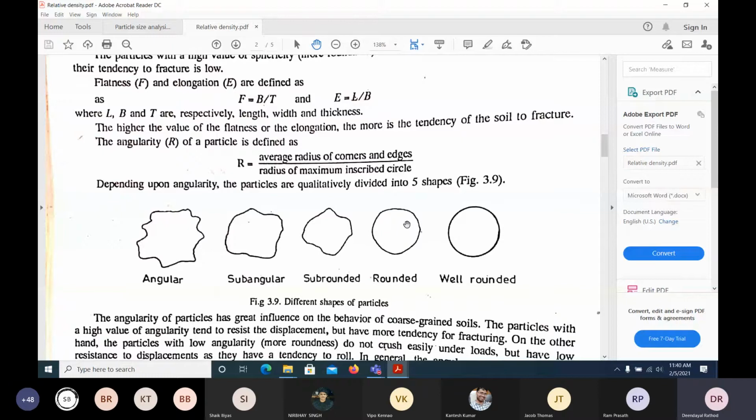If we use the rounded shape, where generally you find this particular stone in a river bed, okay, Kaveri river bed, if you go, you'll find all these rounded, very smooth stones. That kind of stone we should not use for our construction. We have to break it, make it angular, make it rough. Then you can use it.